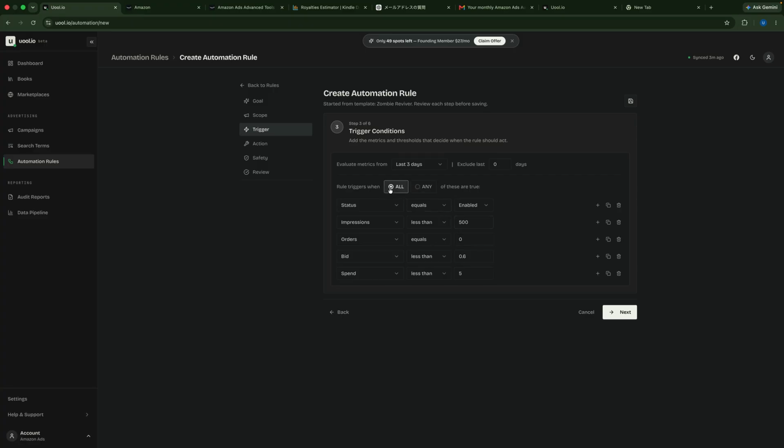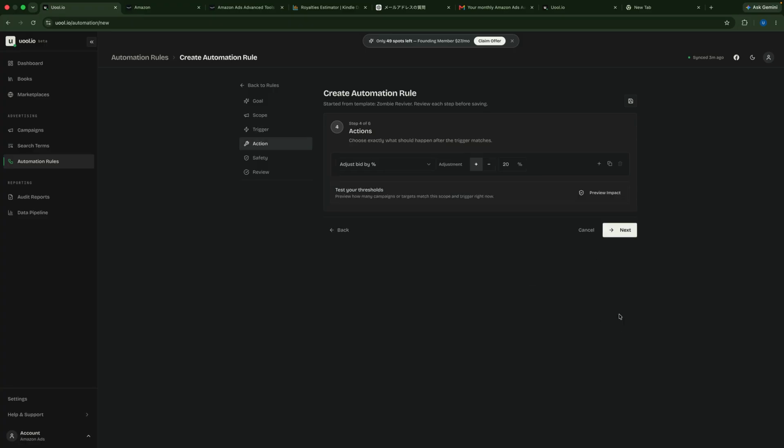So I'm going to pick this one and go for next. I want to adjust the bid because no one is viewing my books. My targets are not being shown by Amazon, so I want to increase the bid. You can increase the bid by